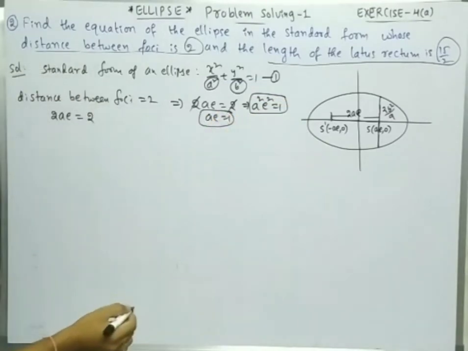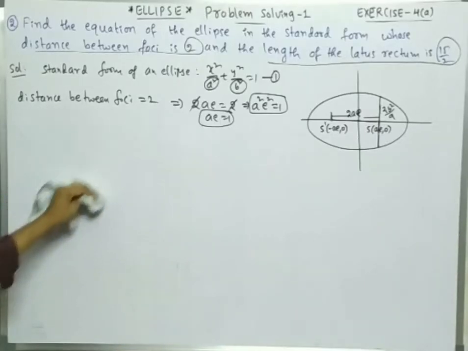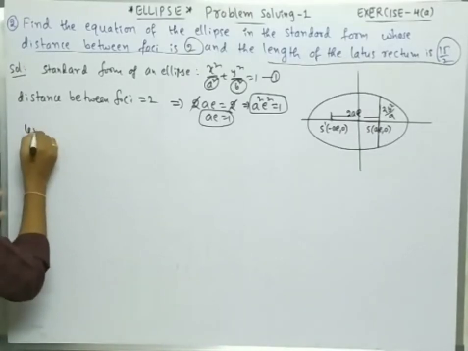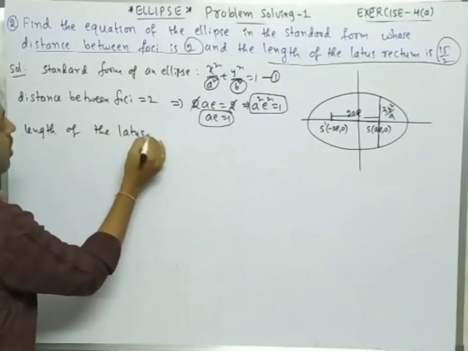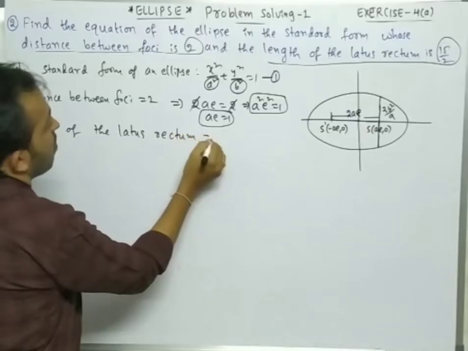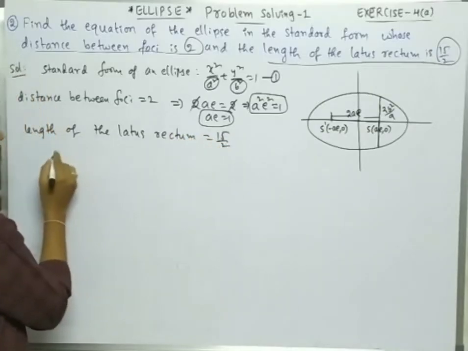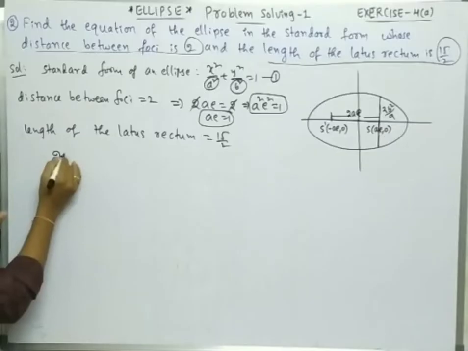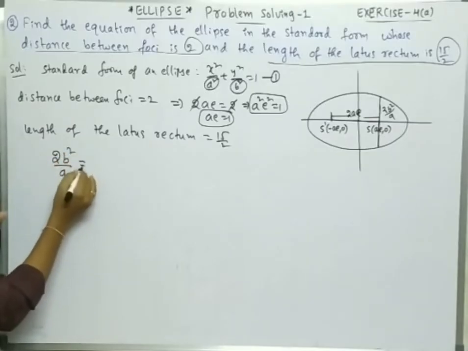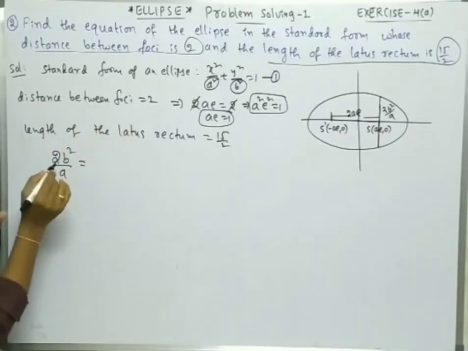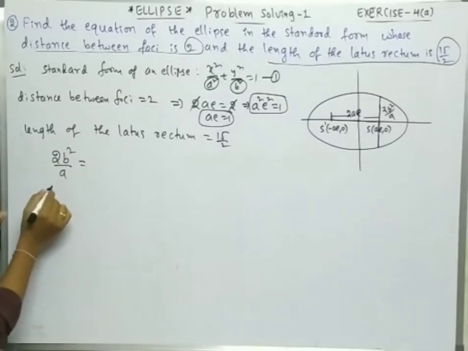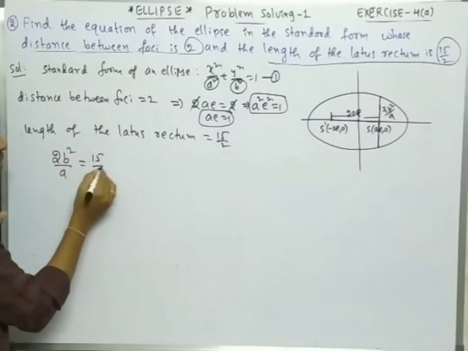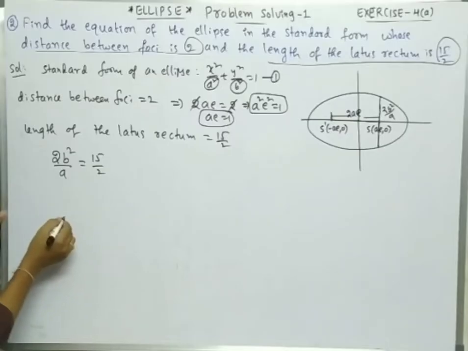Next, one more condition is given, that is the length of the latus rectum. What is the length of the latus rectum? 15 by 2. So what is the formula for the length of the latus rectum? For this type of ellipse the formula is 2b square by a, that is equal to 15 by 2. Right? Now